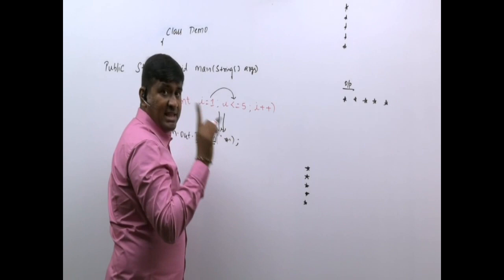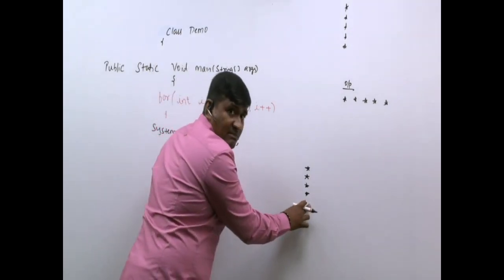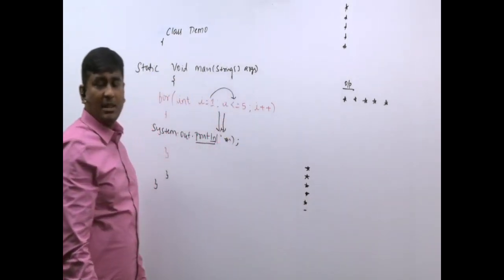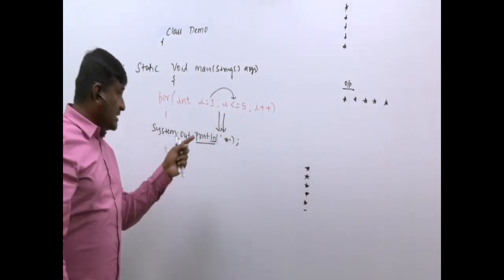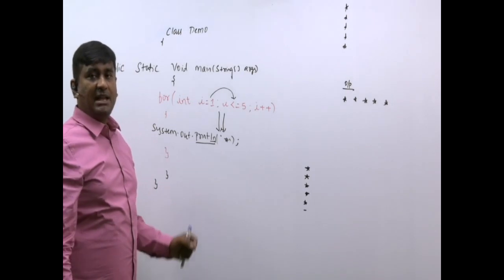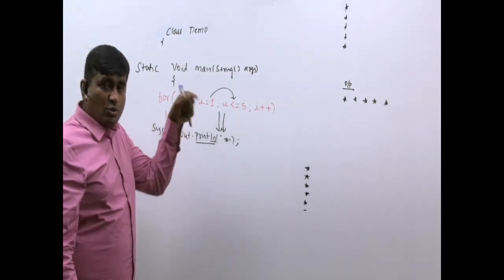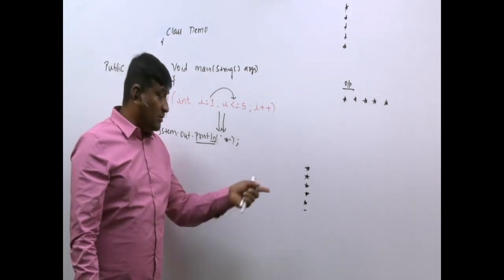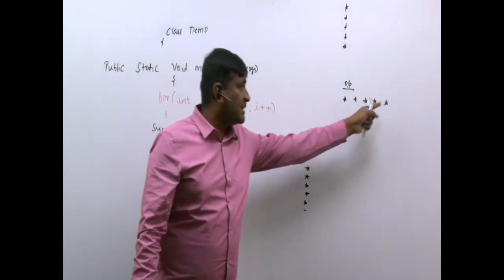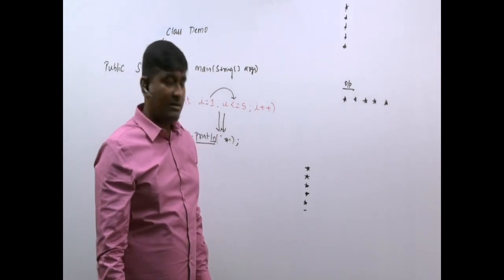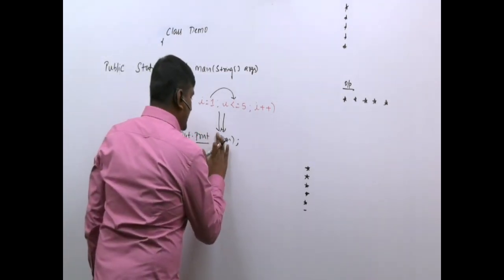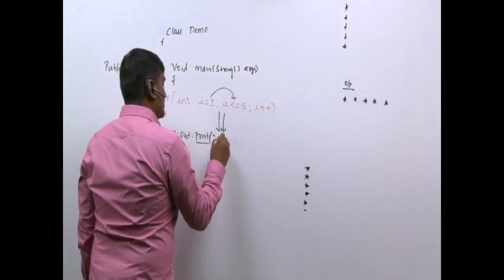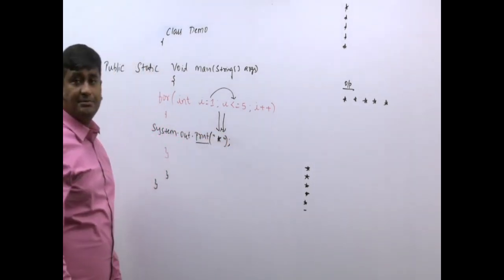Tell me, after displaying the 5th star, the control will be in the same line or it will go to the next line? The cursor will go to what? The next line. So that is the beauty of println. So println will make the cursor move to what? Next line after displaying whatever you want to display. But I don't want to do it like that. I want all the stars to be present in the same row. How to do that, sir? Very simple. Instead of println, I should just write print like that. That's all.